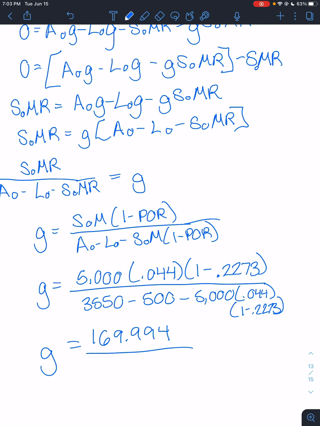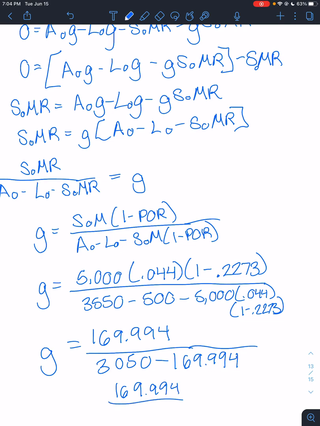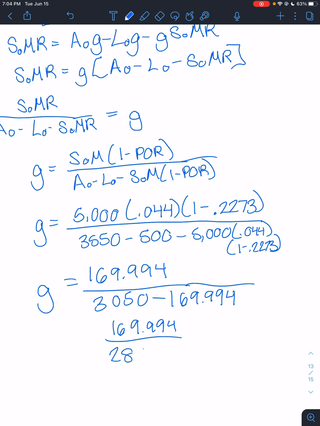On the bottom, we get 3,550 minus 500 is 3,050. 5,000 times 0.044, I don't know why I'm doing this again because I just did it, is 169.994, which gives us 169.994 divided by 2,880.006